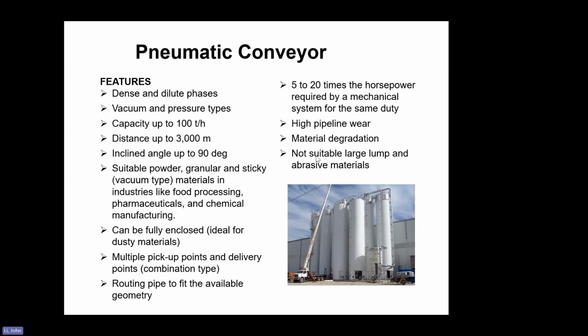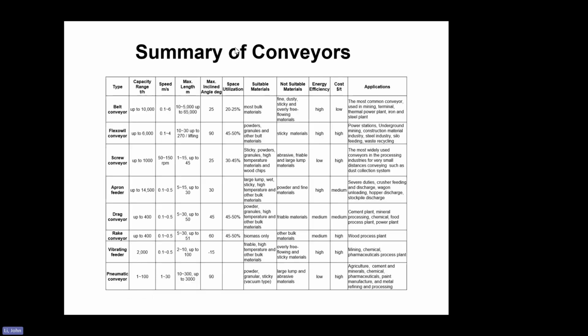Okay, so all conveyors are here. This is a summary comparison of different conveyors. So this shows the type, capacity rate, range, speed, maximum length, maximum incline angle, space utilization, suitable materials, not suitable materials, energy efficiency, cost efficiency, and application examples. I think Farah have